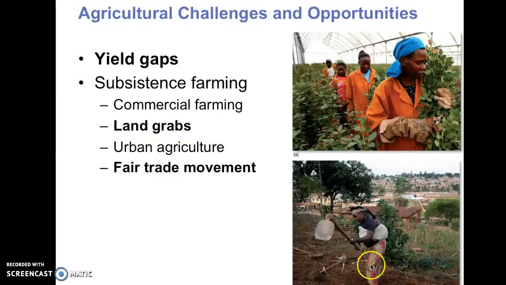Urban agriculture, this is what you see going on right here, by the way. You see the urban area here? It's simply taking advantage of any vacant land space, whether it's behind your house or it's a little sliver of land next to a roadway where they may grow some crops in order to feed themselves and their families. The fair trade movement